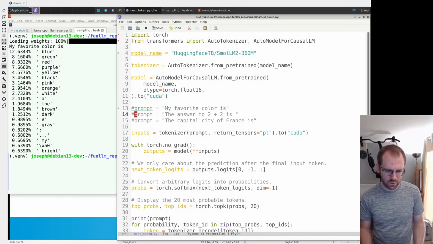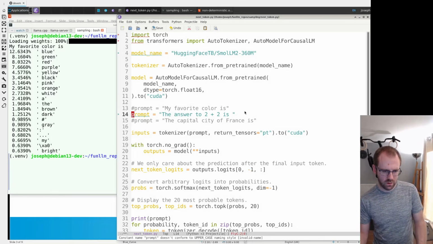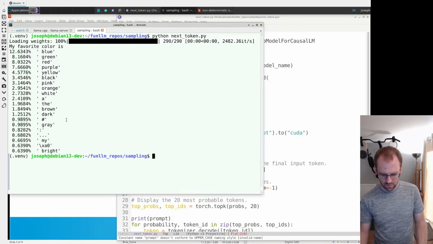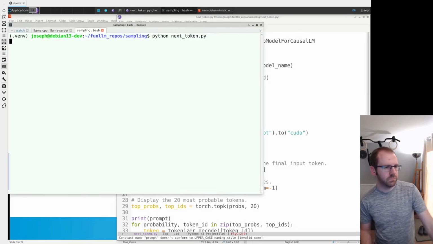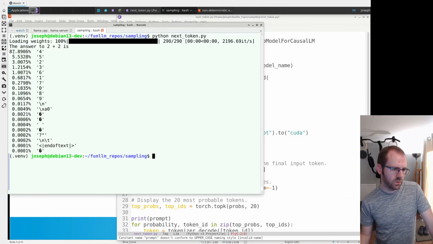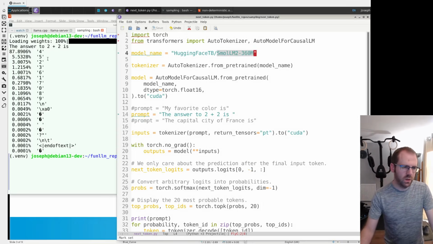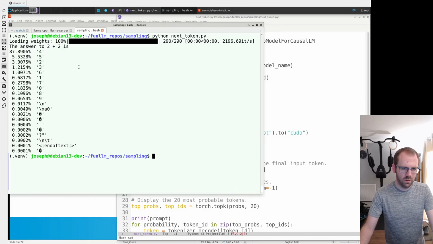So this one should give us a peaked probability distribution, right? The answer to 2 plus 2 is, there's only one correct answer to that, right? So we should, yeah, so it's assigned 87% chance to 4 and 5% to 5. Now, I don't know why it's given such a high probability to 5, but just bear in mind this is kind of a stupid large language model. Or maybe it's been reading some weird material online. But yeah, so this would be called a peaked probability distribution.